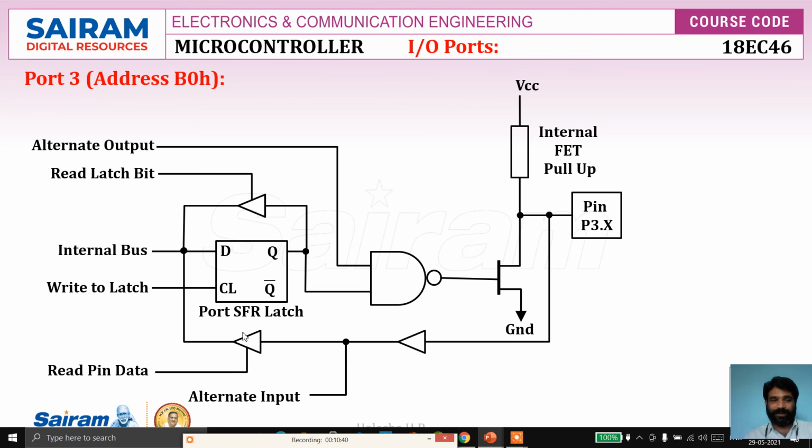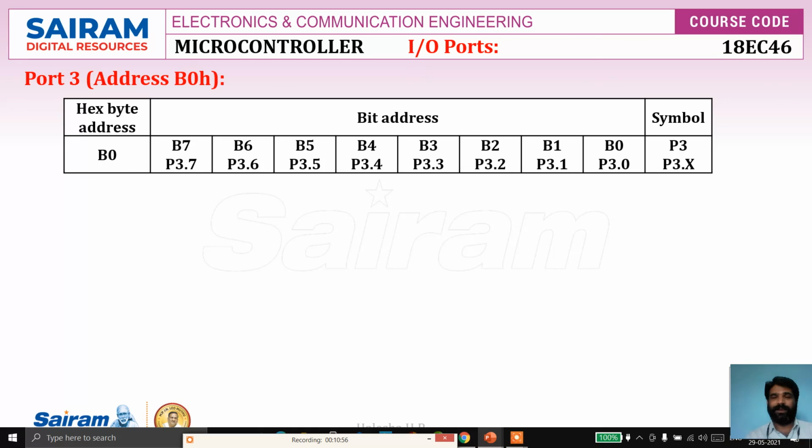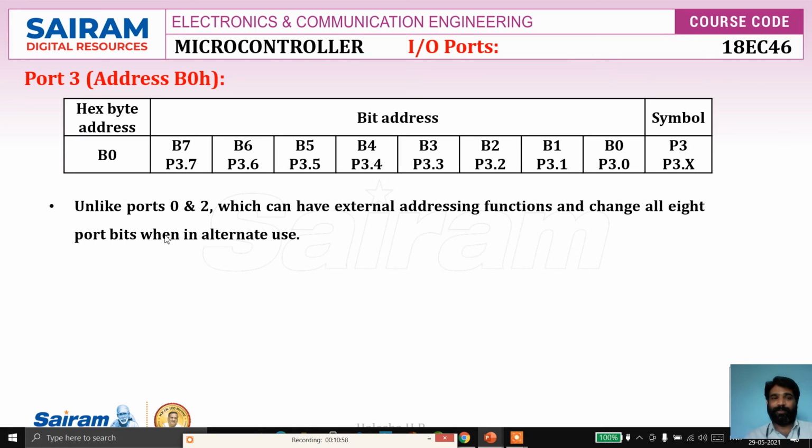And here this is the buffer used to read the pin, this is the buffer used to read the latch, and this is one more buffer to read the alternate function. Apart from this, it is similar to port 1. So unlike port 0 and 2, which can have an external addressing function and change all 8 port bits when in alternate use,